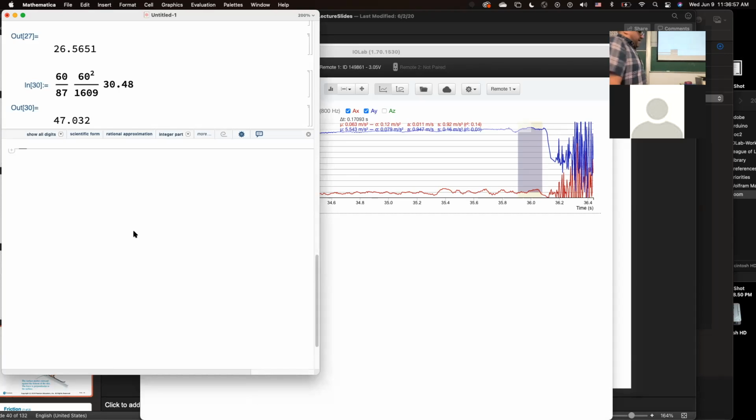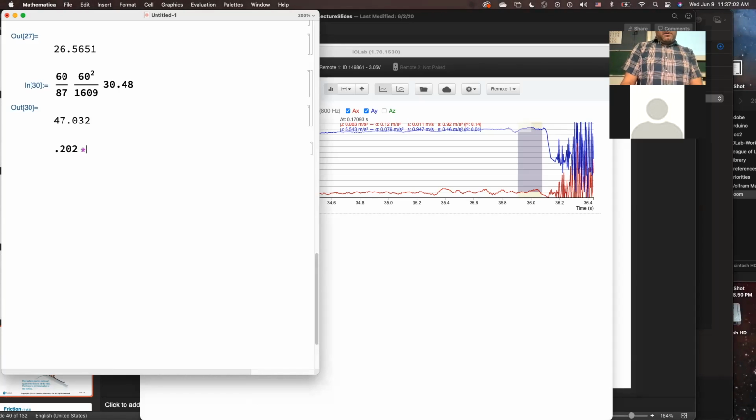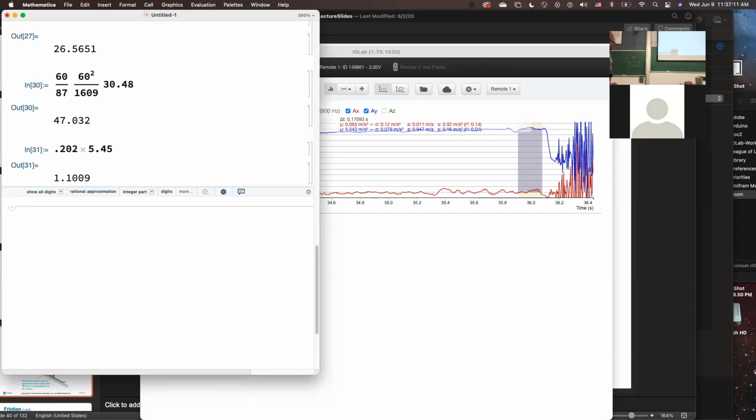All right, so I'll say 0.202 times 5.45. That's going to give me, for this force, 1.1 newtons. So 1.1 newtons is my force right before it started slipping. Okay. Now,